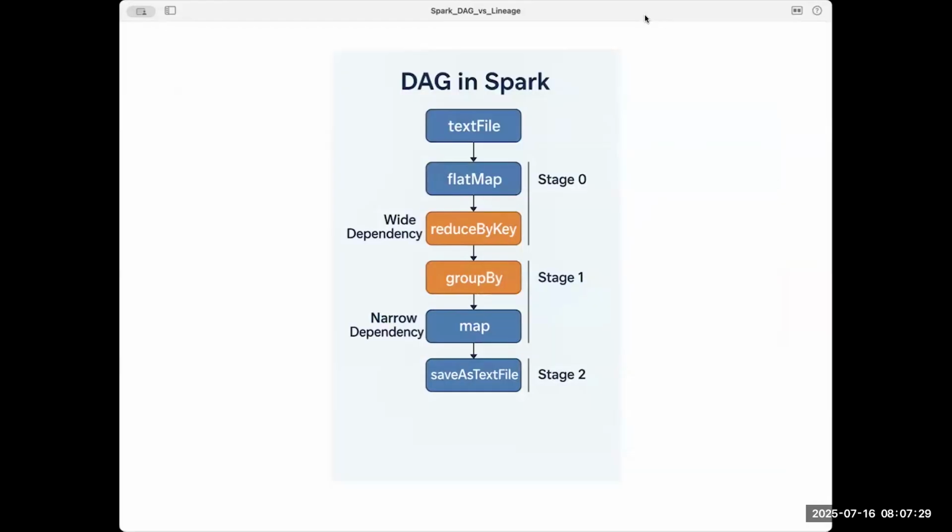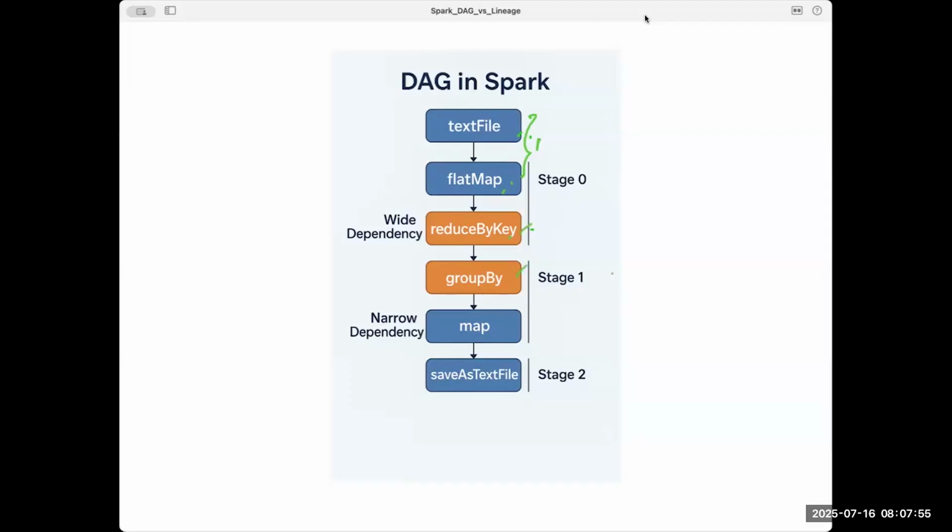See here in the Spark DAG, you have textFile, then flatMap, then reduceByKey, groupByKey, and these are the steps happening, right? When you have textFile, this is stage 0 because you are just reading and doing the flatMap. Here they are narrow transformations. Then again, here you have wide dependency: reduceByKey, groupByKey.